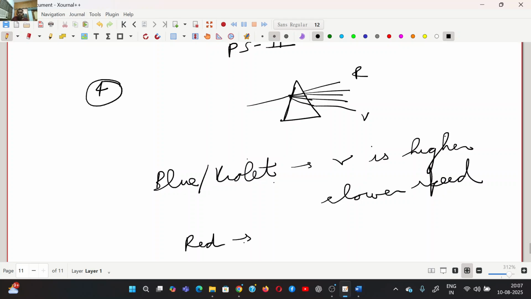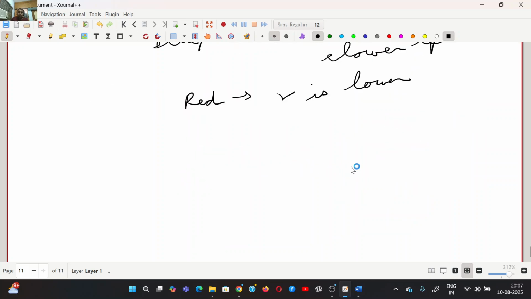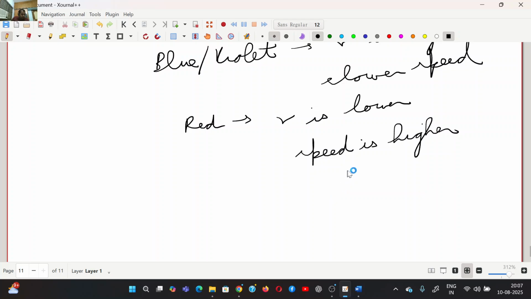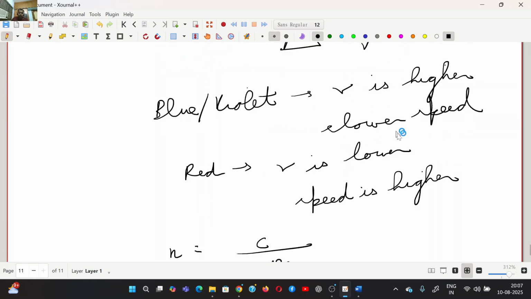Red has lower frequency and higher speed. In that particular medium, for red color, the speed is higher. That's why it bends less. And what is refractive index? Refractive index is just speed of light in vacuum by speed of light in the medium. If blue light has slower speed, that means C by V, that is N. The refractive index will be higher, and here the refractive index will be lower,